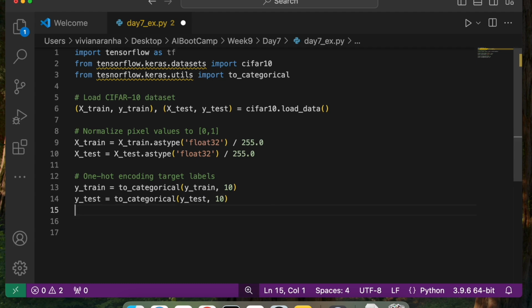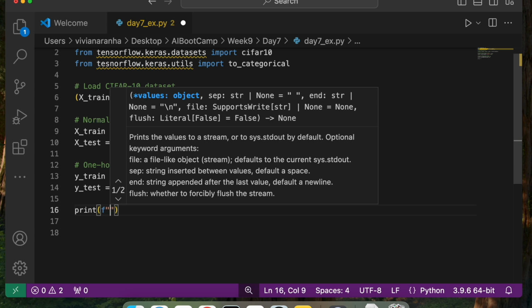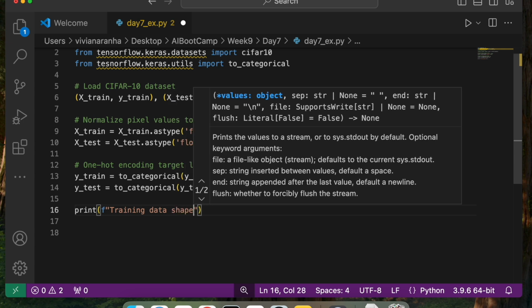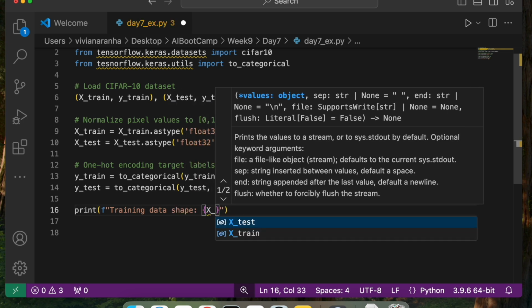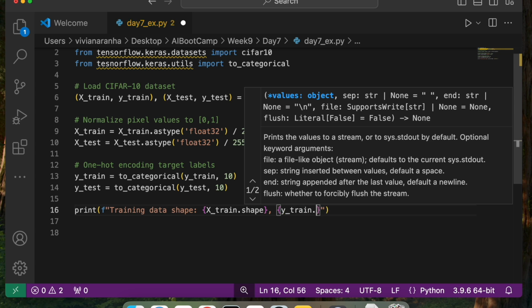So perfect. Now I can go ahead and print my training data shape equal to x_train.shape, y_train.shape.